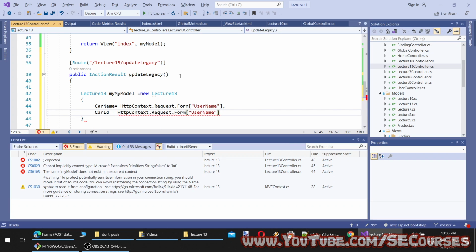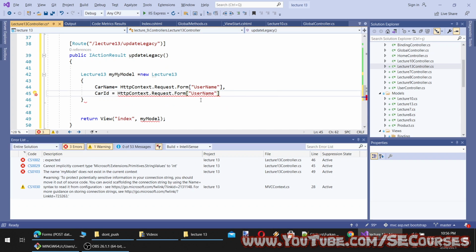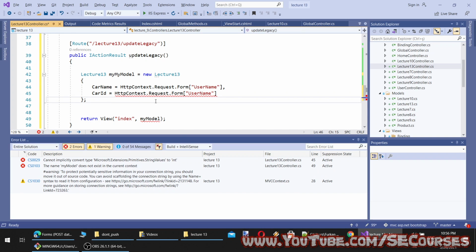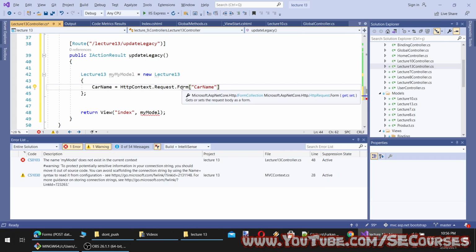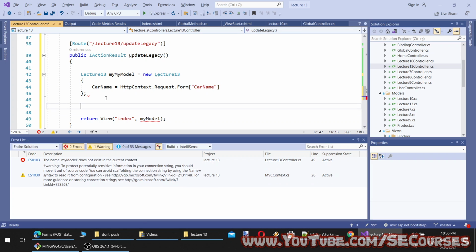By the way, when I use this method, I am not able to use any validation, and also you see I am not able to directly convert it to car ID. So I will remove this, and I think this will by default get string, and for the car ID